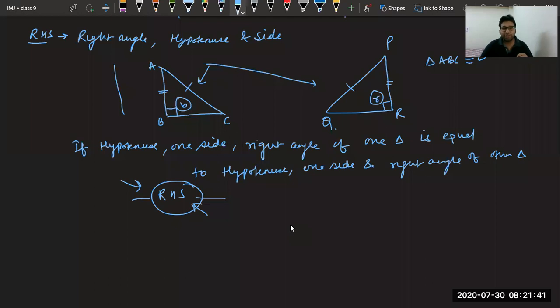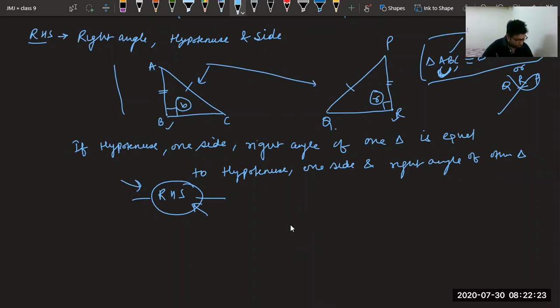Okay, let's see. We have AC equal to PQ. So first and third is this one. So PQ or it will be QP. So one property is taken. Let's take the other property. We should have angle B and angle R at the same place. So here we have B. Here we should have R. Now see. The third thing we are having is AB equal to PR. AB is first and second. PR is first and second. So this is the correct one. Answer is PRQ. So those who said PQR are going wrong. It is PRQ. Now, let's see the question.